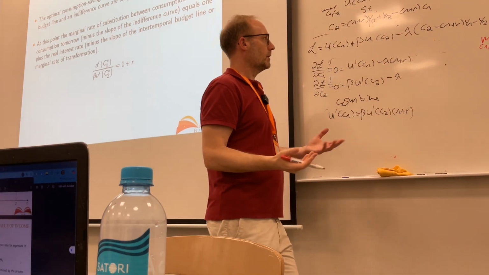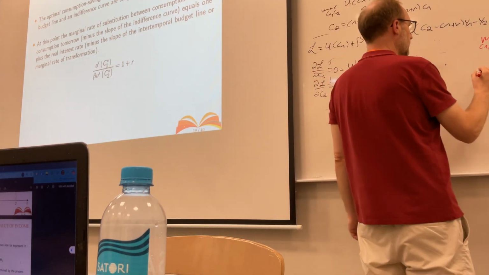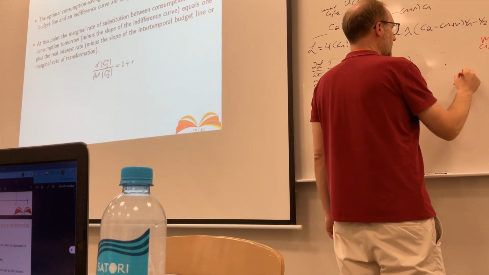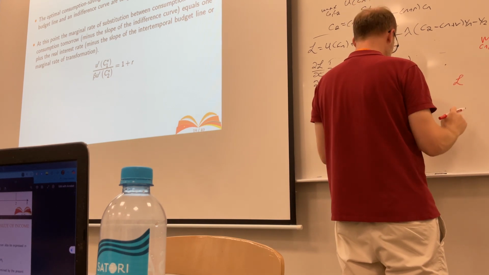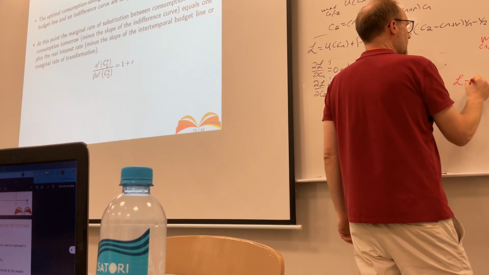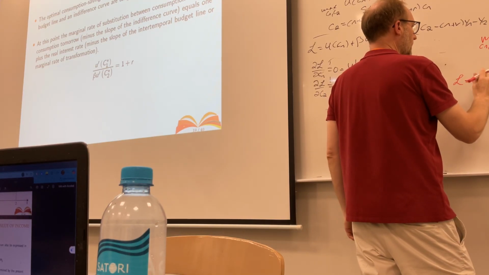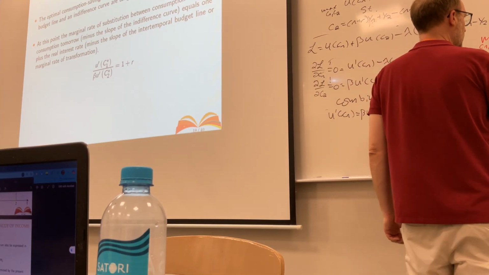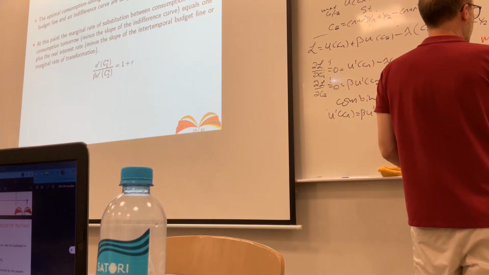We could write a Lagrangian here, equals u of c1 plus beta u of c2